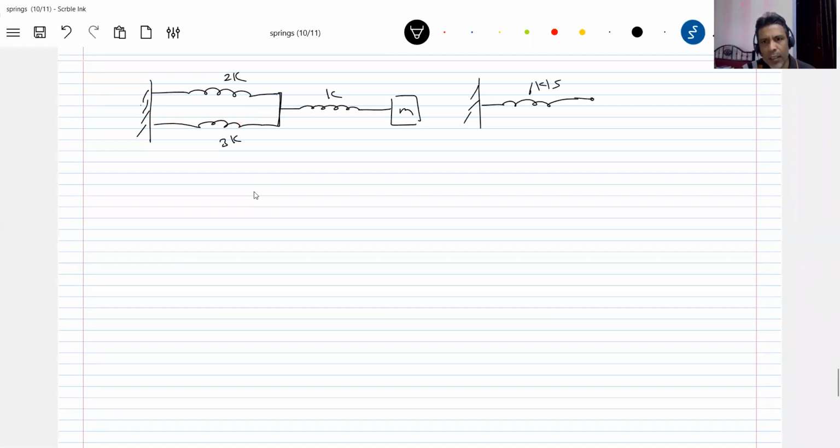according to the formula. Then this is K and this is the block. How these two are now? Sir, if it is in parallel, we should add them also. So sorry, yeah, this one. This will be 5K. Yeah. 2K plus 3K, this will be 5K. Now, how these two are. So I'll call this as say some A. That A is here. Now these two are in series. So the effective spring constant now will be 5K and K. So this will be 5 by 6K.